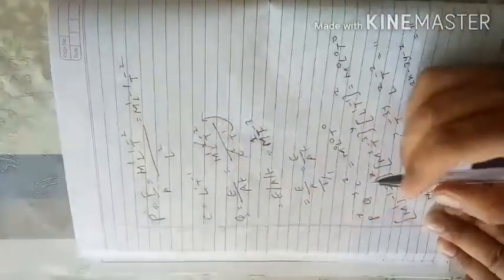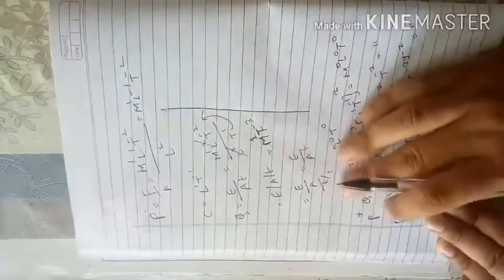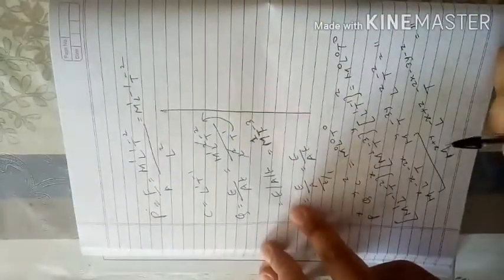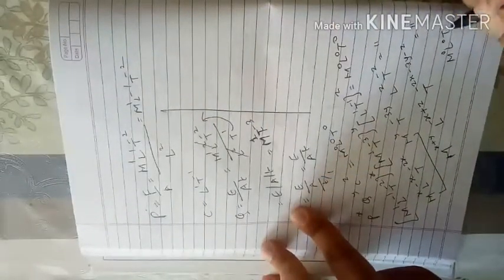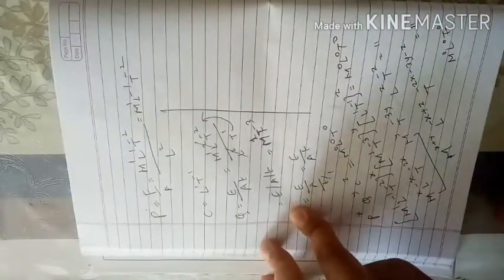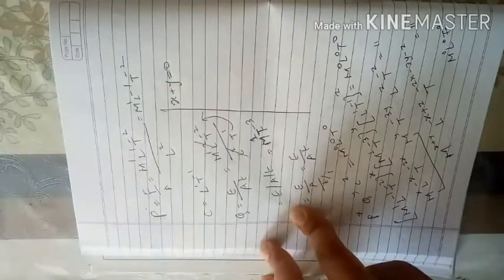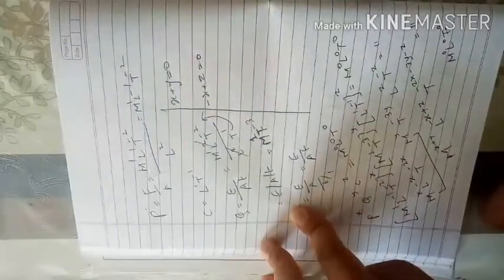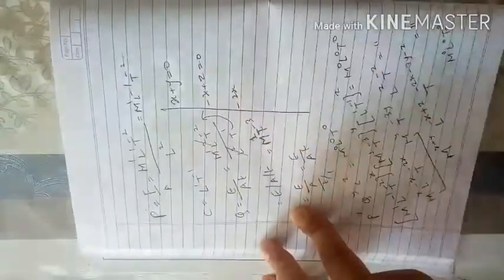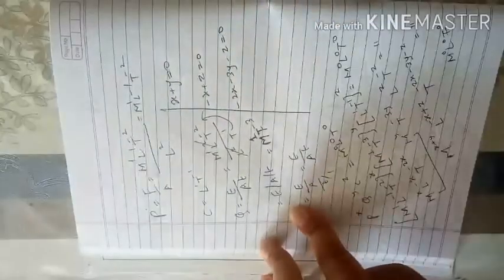So minus 2X minus 3Y and minus Z equal to M raised to 0, L raised to 0, T raised to 0. Okay, so let us compare on both the sides. So when we compare on both sides, we'll get X plus Y equal to 0, because this is M0, L0, T0, so all these dimensions are 0. So we'll have to compare the dimensions. So X plus Y equal to 0, this is the first one, then minus X plus Z equal to 0, the second one, and minus 2X minus 3Y minus Z equal to 0, this is the third one.